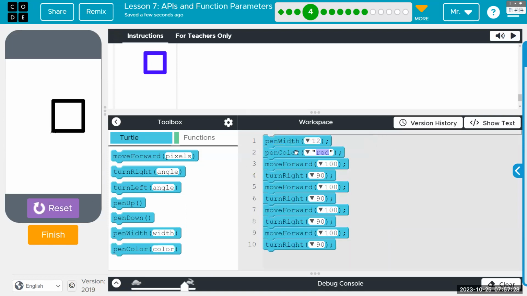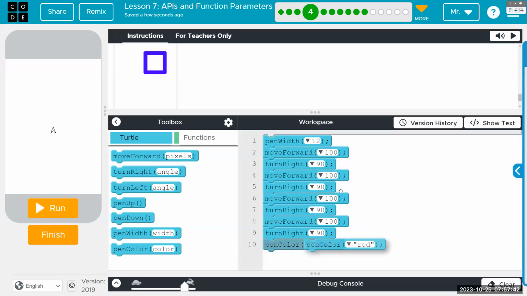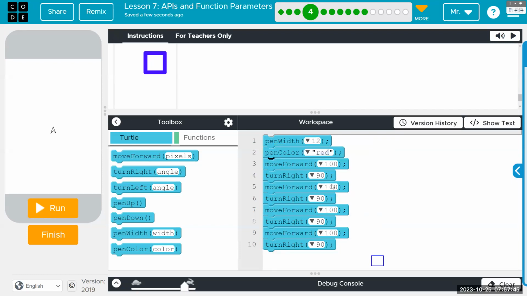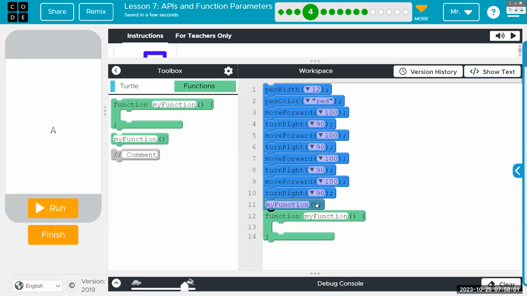It doesn't matter if you change the color before or after the pen width, so long as whatever settings are set before you start drawing. If you put pen color at the end, it's not going to do anything. It's going to change the pen color, but you won't see it because nothing is written after it. Anytime you have any block or code that's not wrapped in a function, it's going to run right away. In fact, that's what runs. And if you want the code in the block to run, that's when you call the function. Okay, it's all going to run in order,